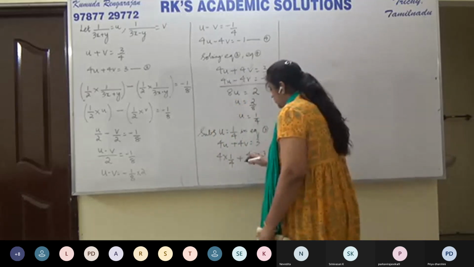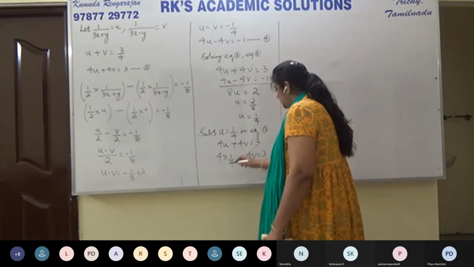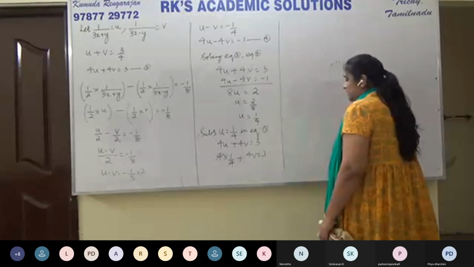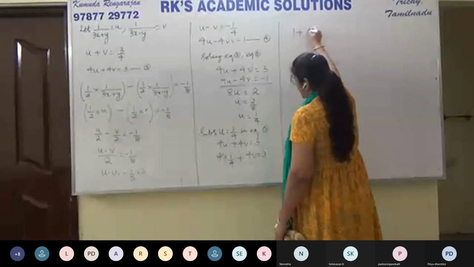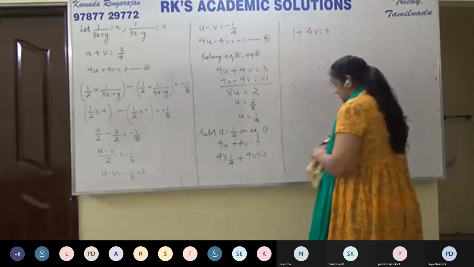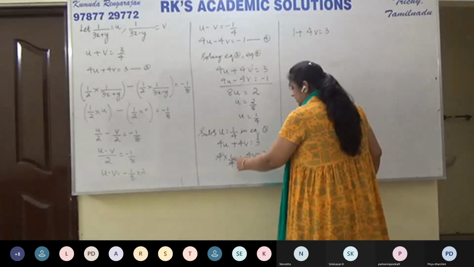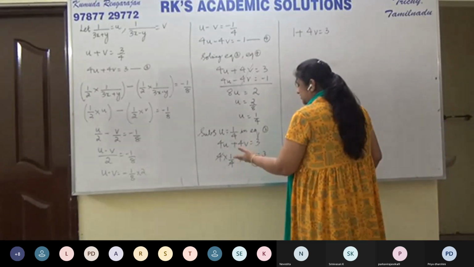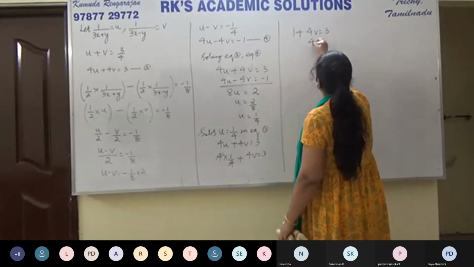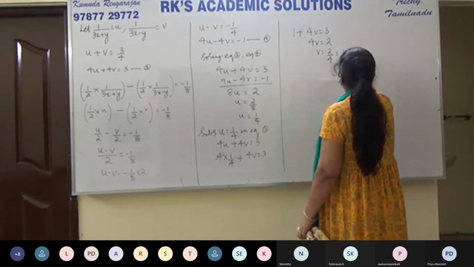So here also, children, you should not go wrong. If you're writing, now stop and look at the board. Here I've substituted u is equal to 1 by 4. The 4 gets cancelled. Don't forget the 1 there: 1 plus 4v is equal to 3. Sometimes we forget the 1 there and just write 4v is equal to 3. We know that there is a 1, but we just ignore it. That's wrong. 1 plus 4v is equal to 3, so 4v is equal to 3 minus 1, 2. V is equal to 2 by 4, so v is equal to 1 by 2.